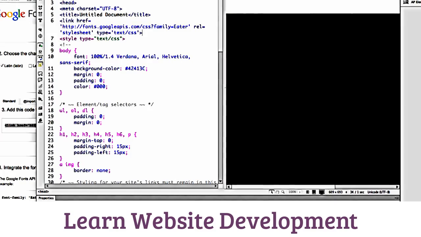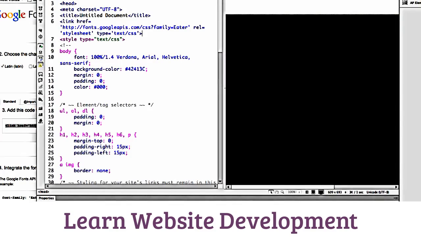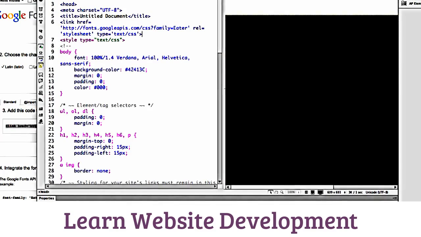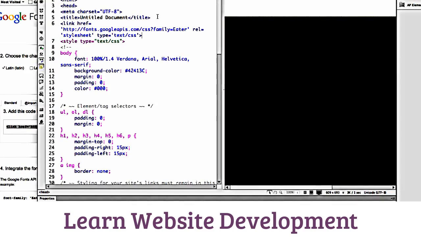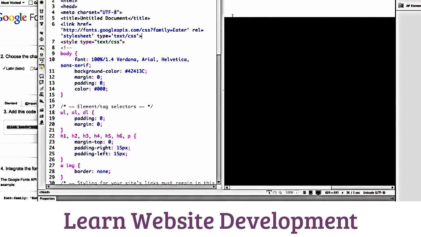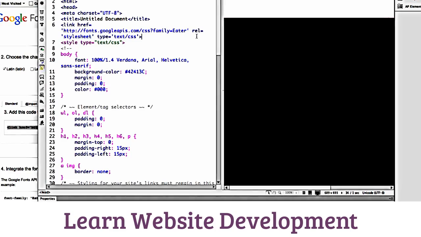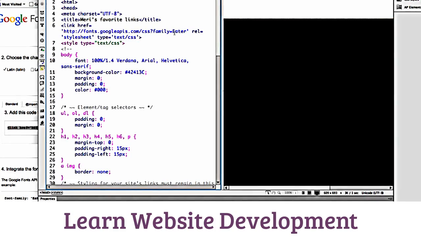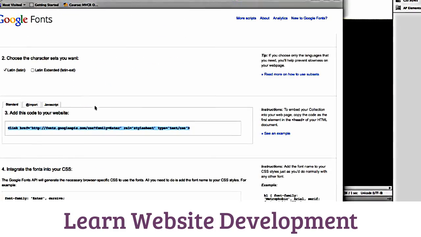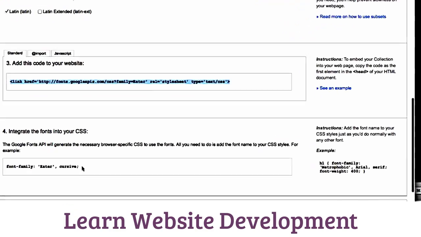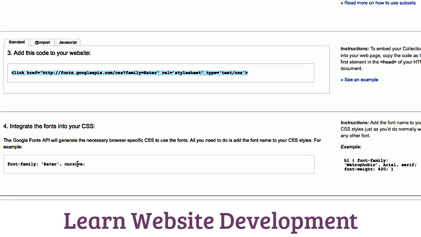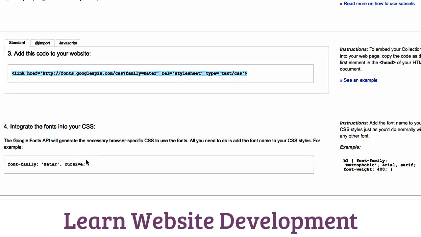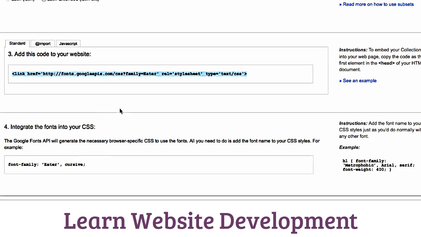Mary's favorite links. If you've done this exercise with me in HTML, you're going to find it so much faster in Dreamweaver. I can't begin to tell you how much faster this is going to be. Okay, so that lets me put my code in here, and then it tells me I need to use my font family wherever I'm going to use it. And so my font family here,